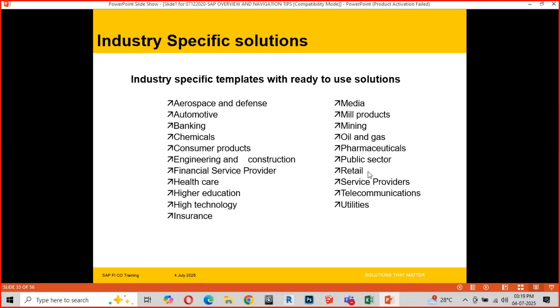Somebody was asking me about the banking. Can you see the banking out here? Chemicals. So what is this industry specific solutions? Your public sectors, see. So what is this industry specific or IS? We always call this an IS media project. I used to always call this an IS media project, IS oil and gas project, IS pharma, IS public sector. What is this